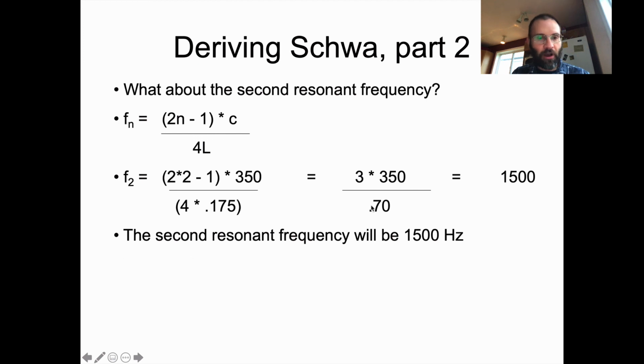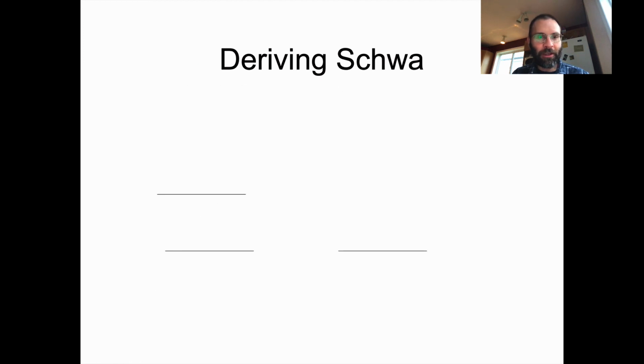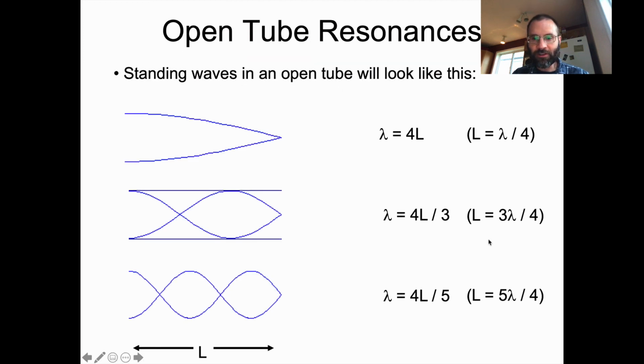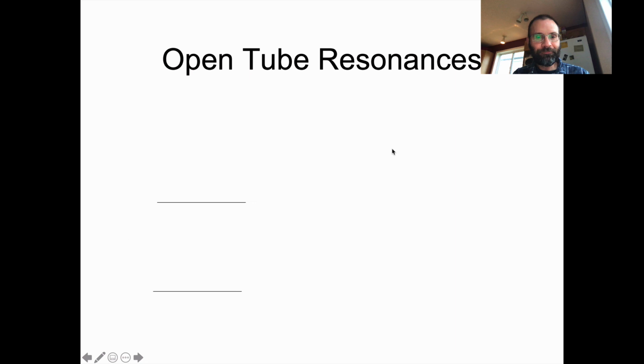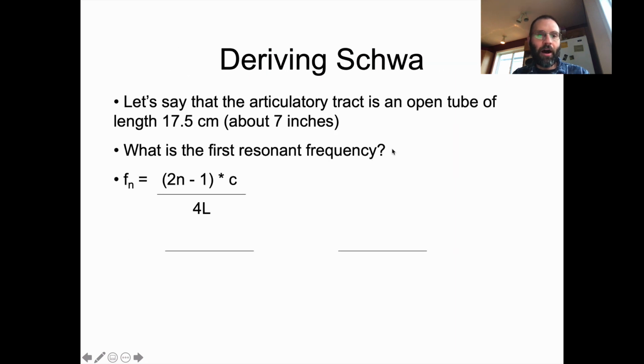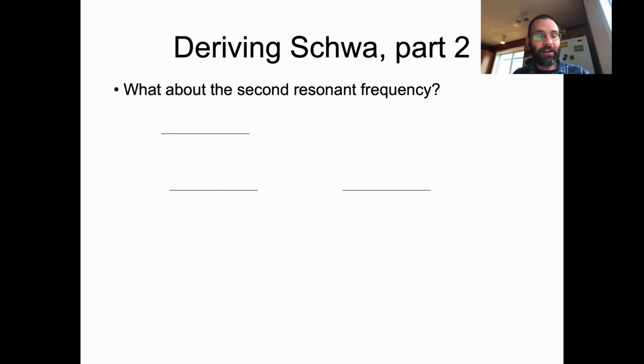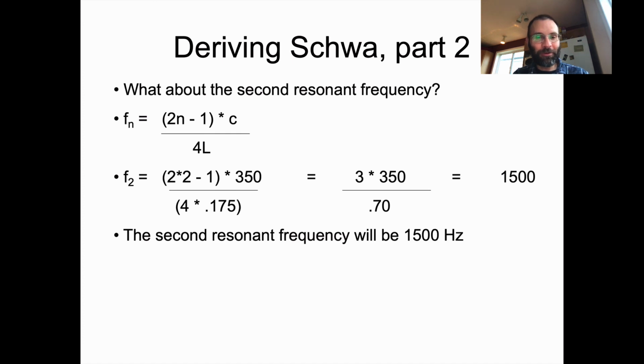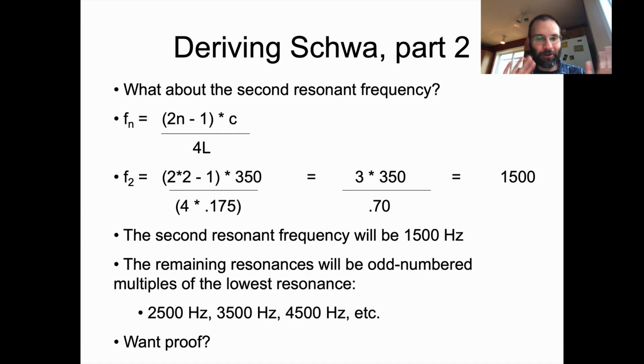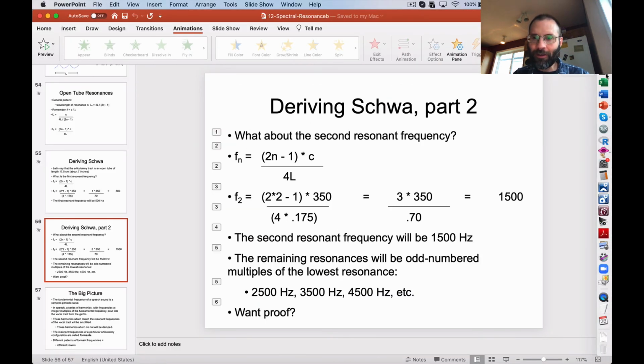Just like what we saw a second ago, because this is going up by odd numbers in the bottom of these fractions, the resonant frequencies will go up by odd numbered multiples of the first one. You can count on that. And that works for a nice, clean open tube with no interesting perturbations or other deformations in it, basically. And I can show you that it works conveniently